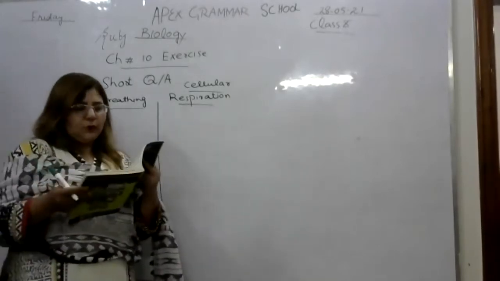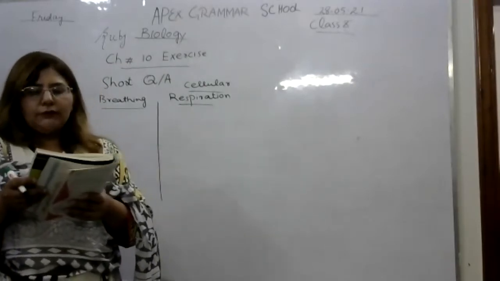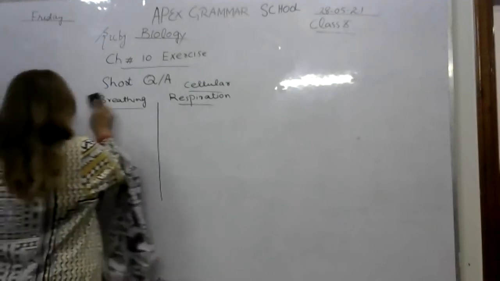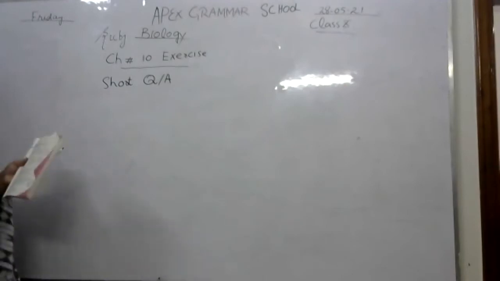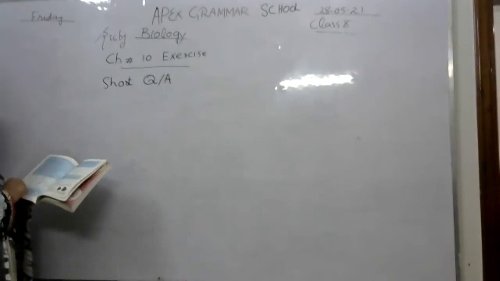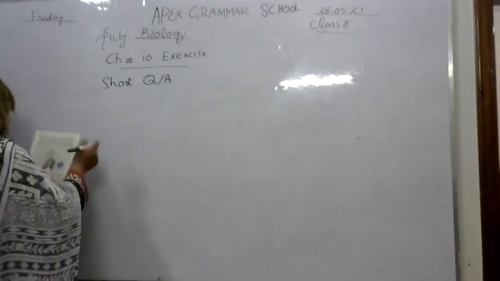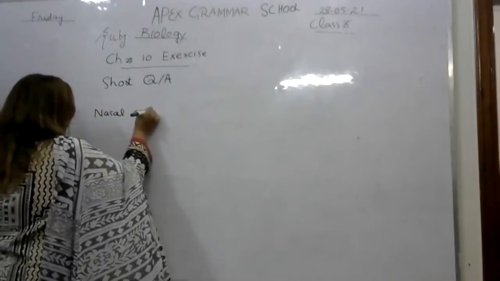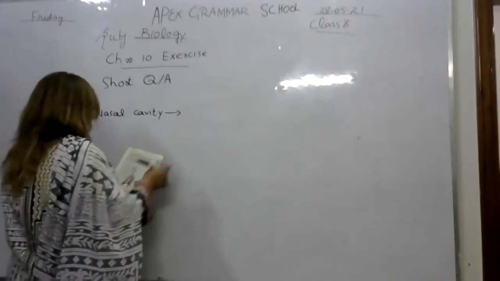Now come to question number 2. Short question answers, page number 17. Trace the path of air from the nasal cavity to the alveoli. Trace the path. Come to the heading of air passageway. First is the nasal cavity, then nostrils,